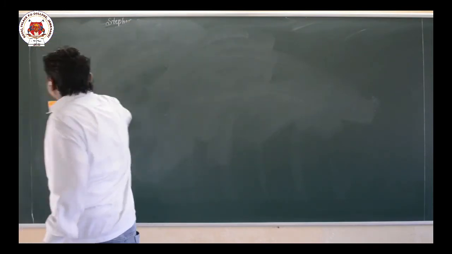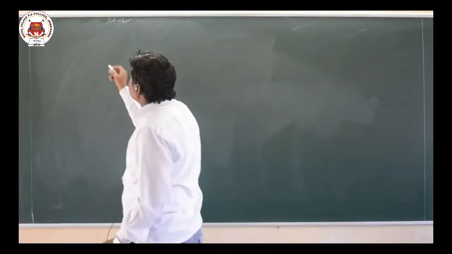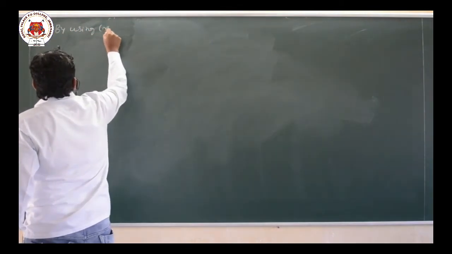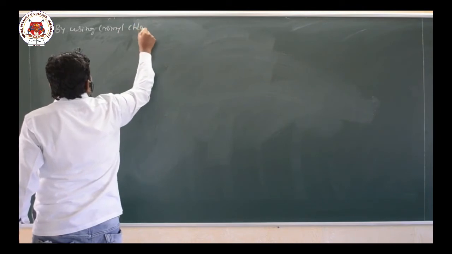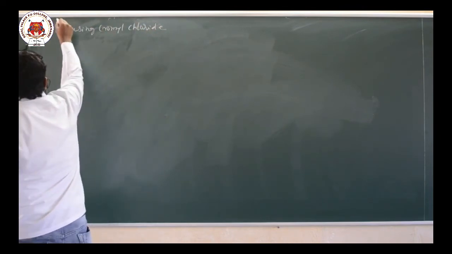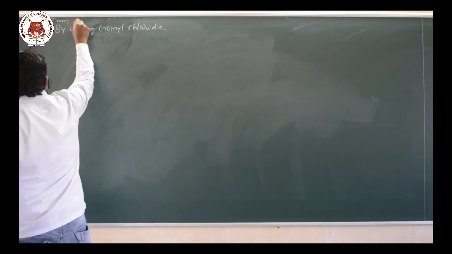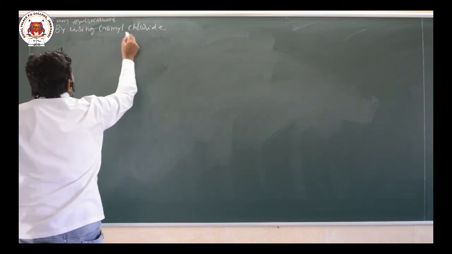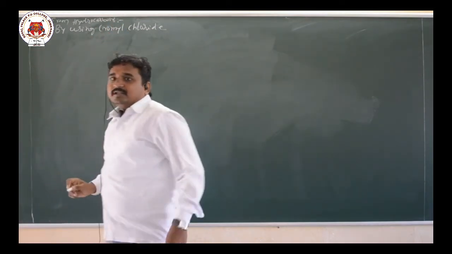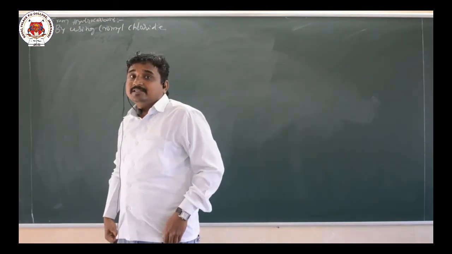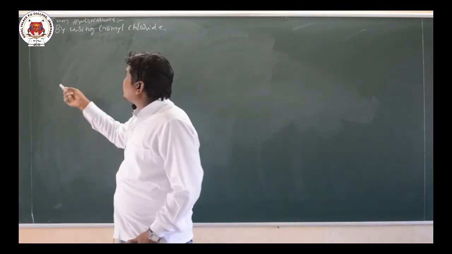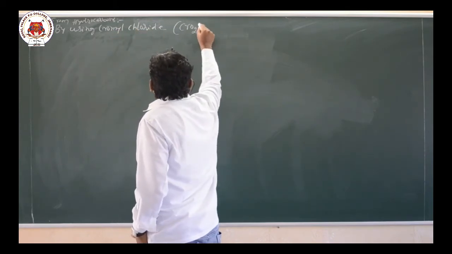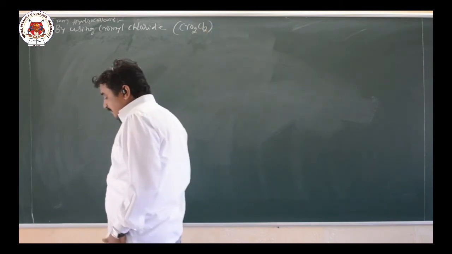Now I will write this reaction by using chromyl chloride. So here, preparation of aldehyde from hydrocarbons by using chromyl chloride. What happens here is oxidation of methyl benzene. So that toluene undergoes oxidation by using chromyl chloride, the chromyl chloride formula is CrO2Cl2. Now I will write the reaction.